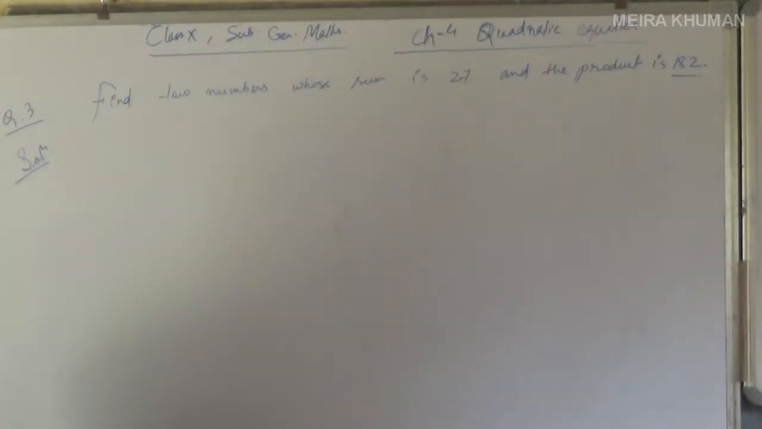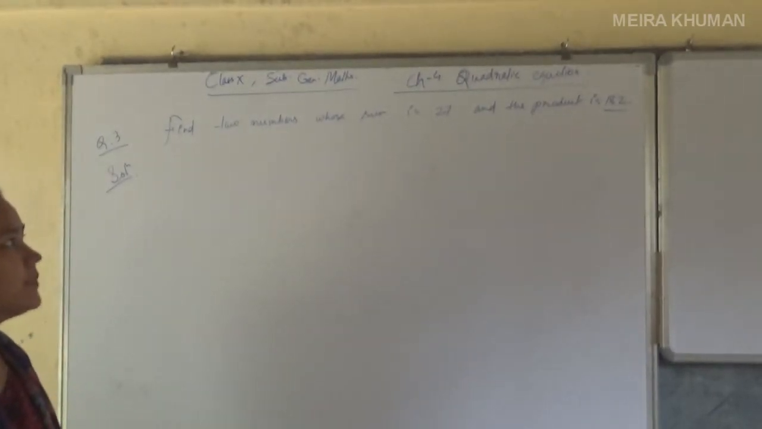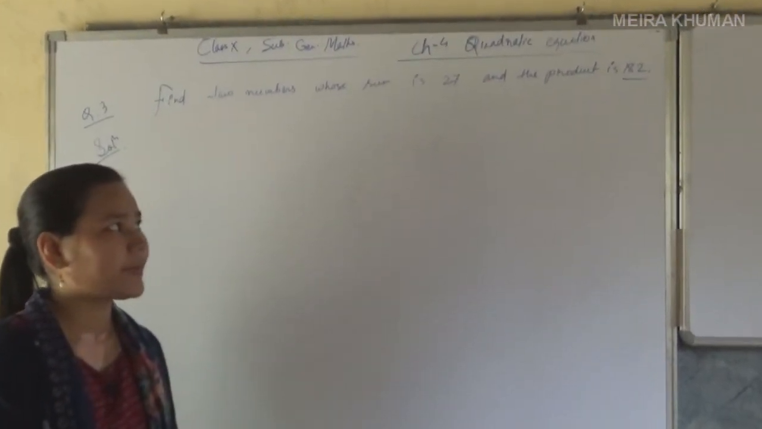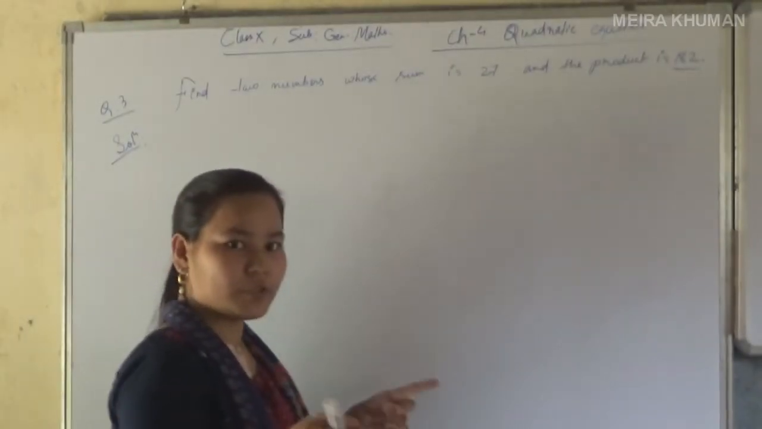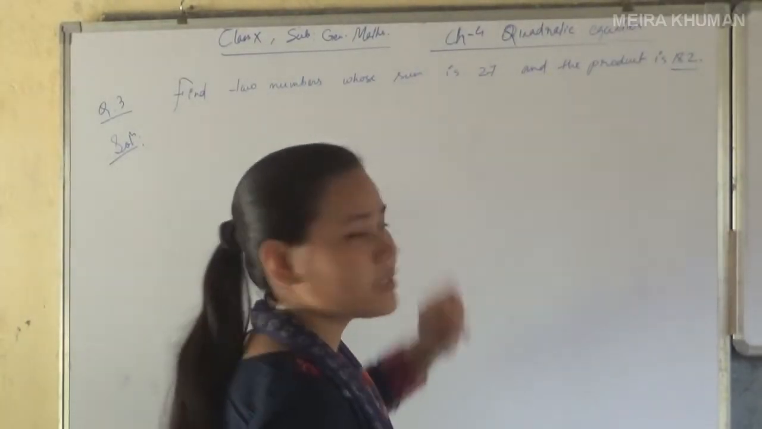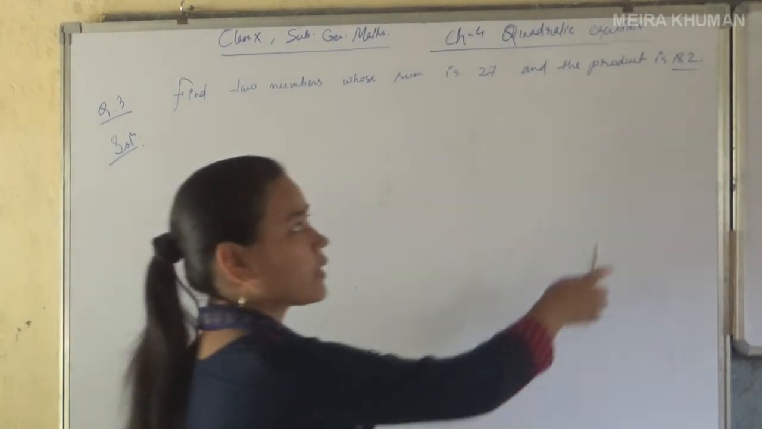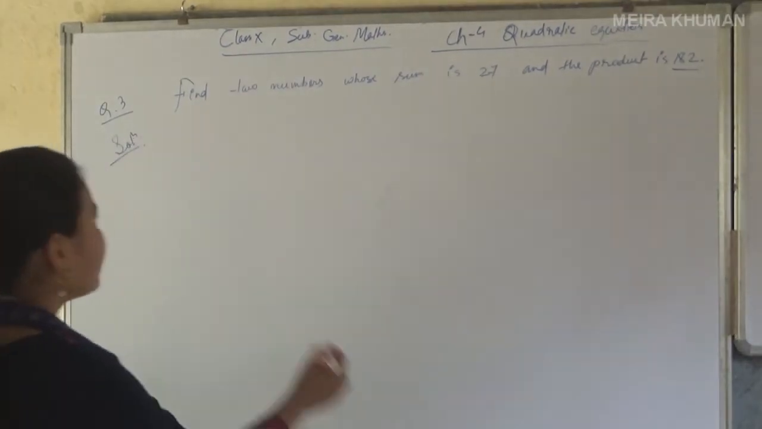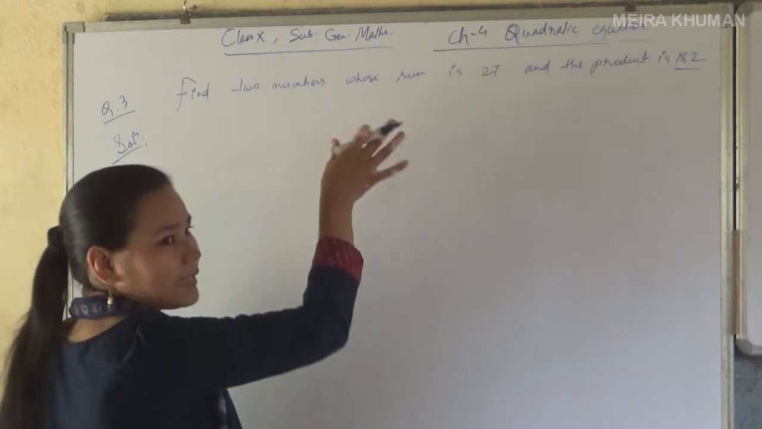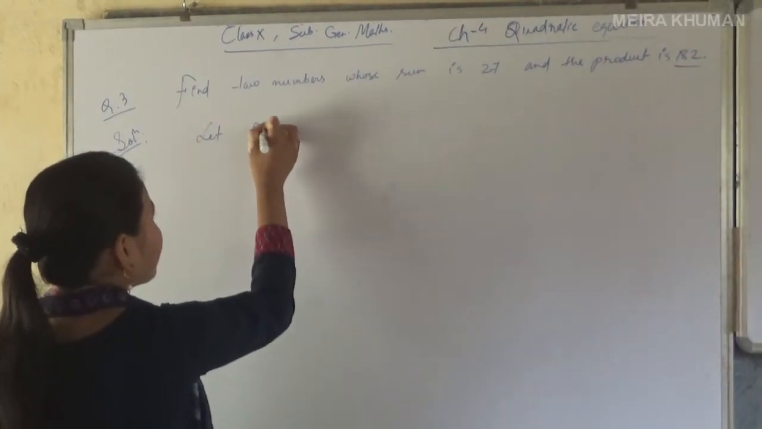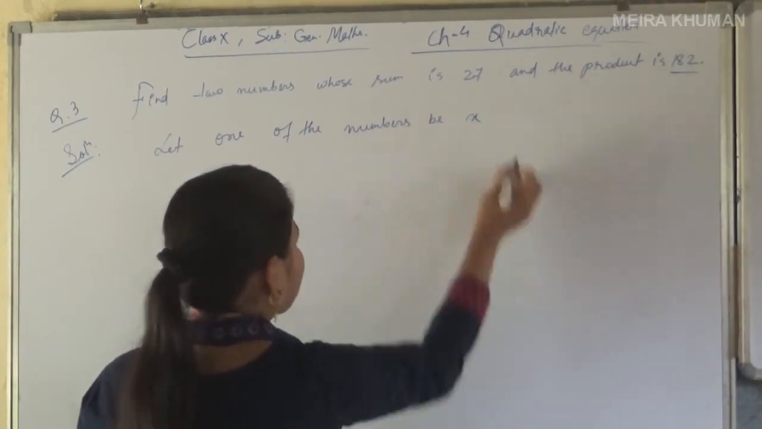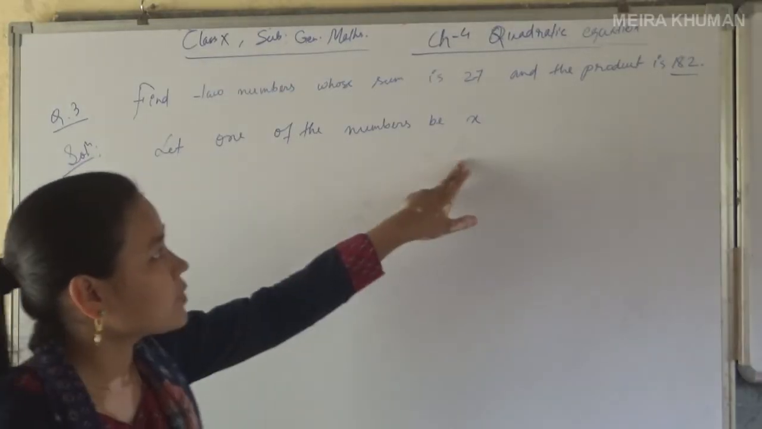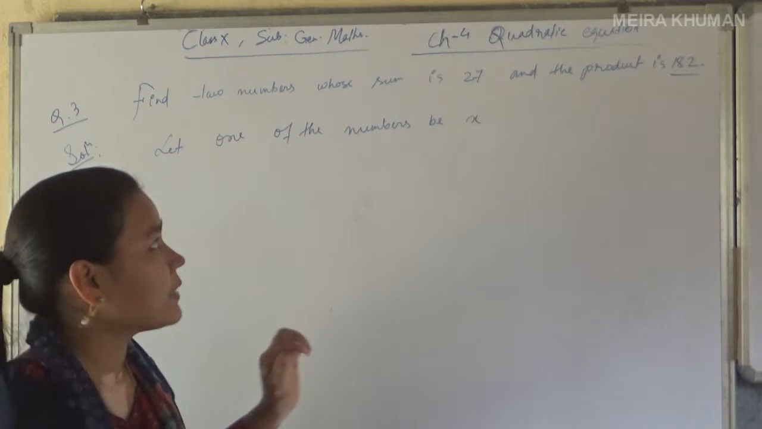Next question: find two numbers whose sum is 27 and the product is 182. If you add two numbers, you will get 27, and the product is 182. So first, let one of the numbers be x. Suppose the first number is x, and the sum is